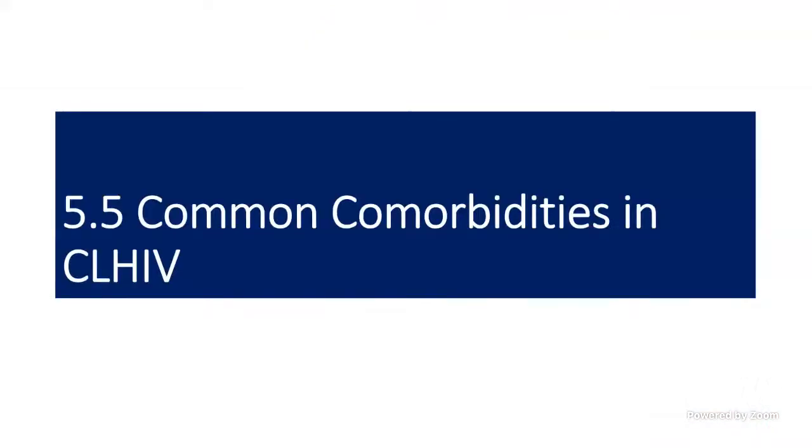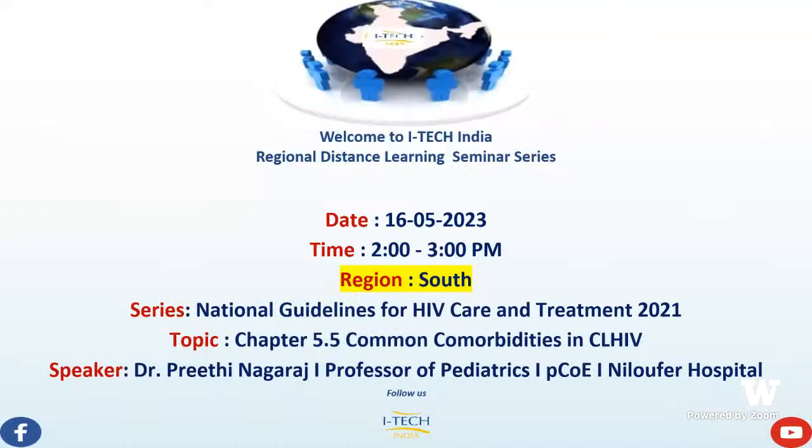No problem. Right. So when it comes to talking about the comorbidities in CLHIV, I was just asking the participants what are all the problems normal children have, and all the more with our HIV children. So what problems do they face? Anybody can unmute. Do we have the facility that they unmute and answer? Yes, ma'am. They can unmute or they can even type in the chat box. Yeah, so they can continue chatting. So we can go ahead.